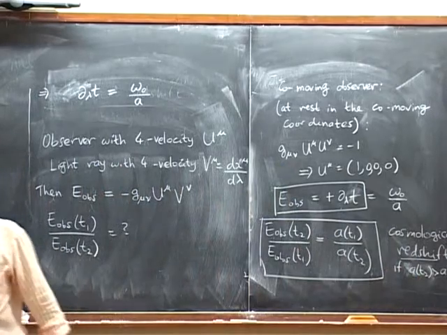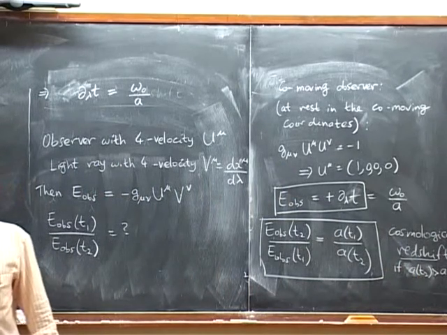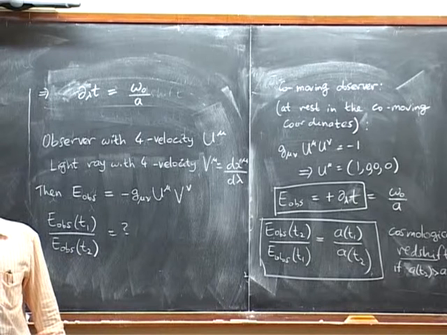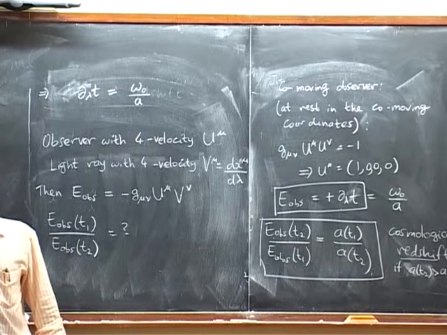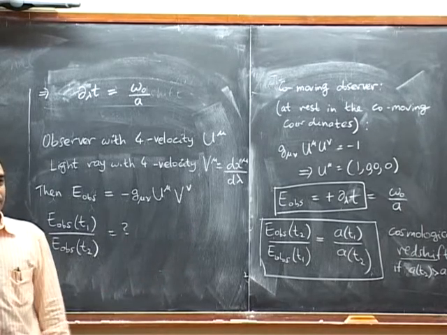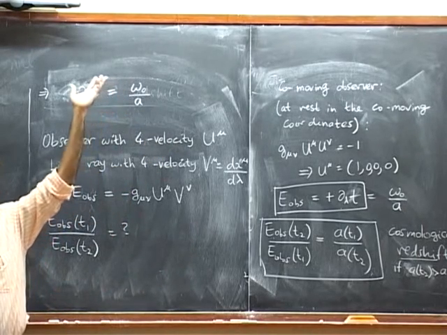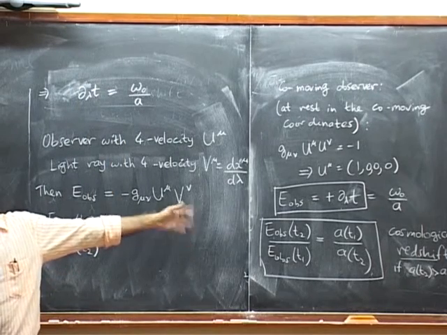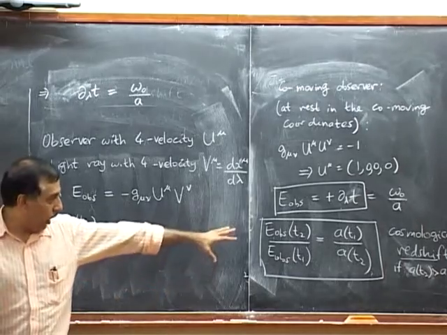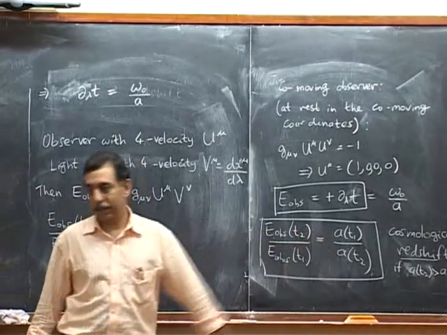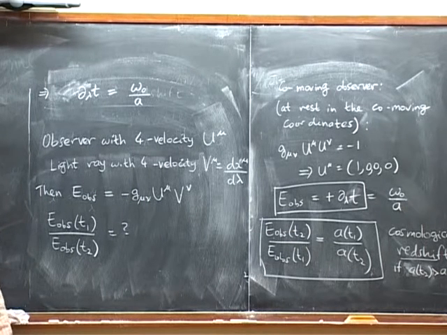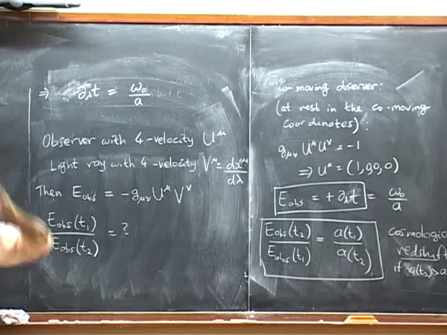Now, of course, many things can go wrong with that. After all, the thing that is emitting could also be moving. So there's a whole subject called peculiar velocities. I don't know, do you know this term? Something I don't know much about. So you have to compensate for all other things that could contribute. For example, the thing that's emitting happens to be moving rapidly in some direction. Then, of course, there will be a redshift due to the ordinary Doppler shift that we have to combine with this. So experiment is never easy to isolate this effect, but there's a clear effect. Purely due to, yeah, exactly, purely due to the expansion of the universe.